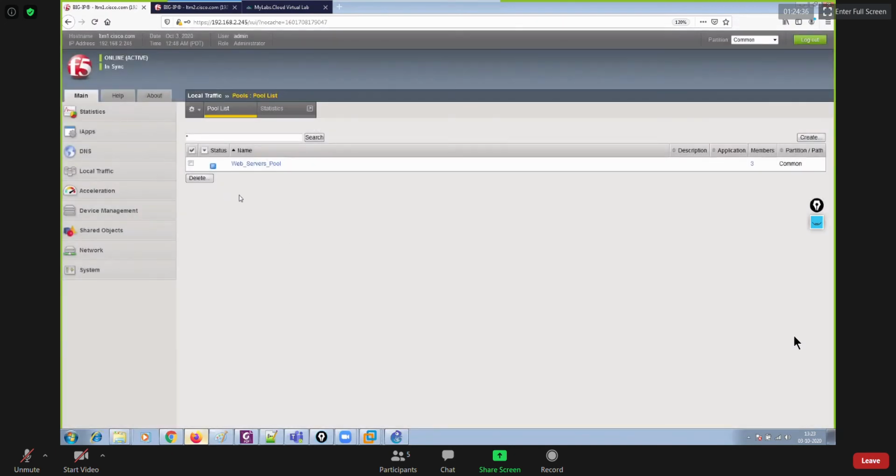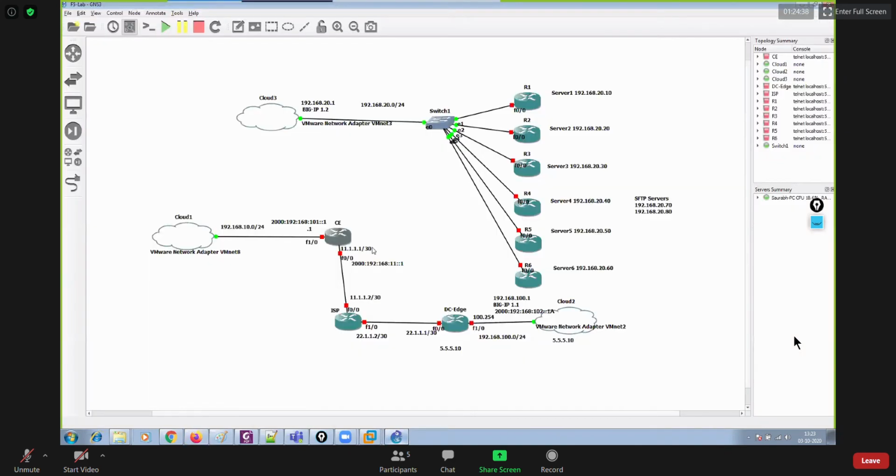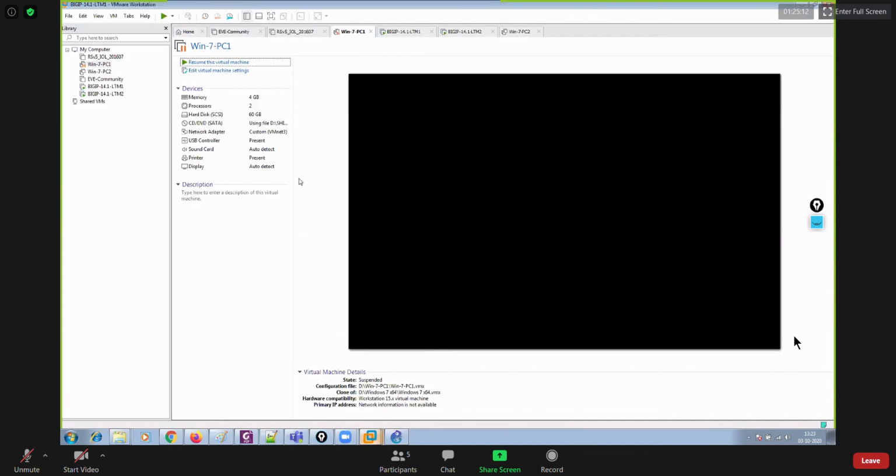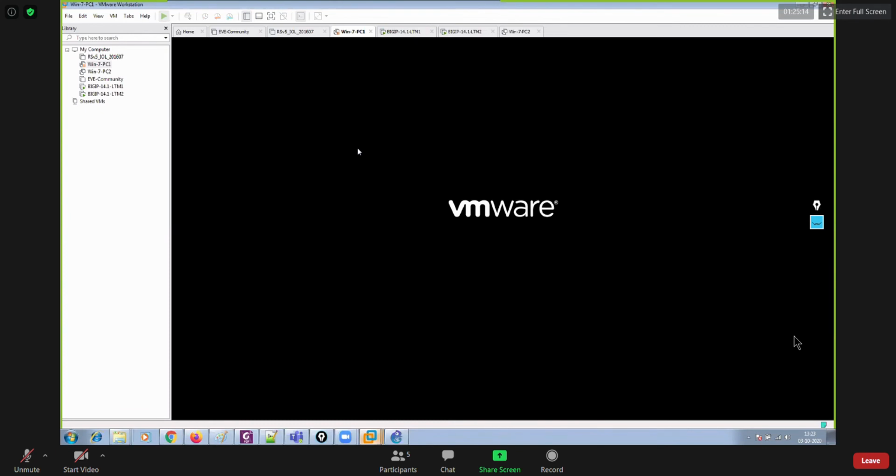Now, guys, I'm gonna go ahead and I'll just turn on this topology, start, and thereafter these three devices start. So at least the servers can come up and we can perform some tests and we can see some results over here. Let me go back to my Windows 7 machine, resume virtual machine.